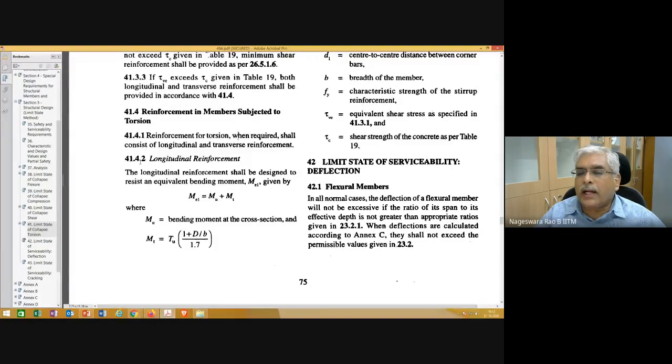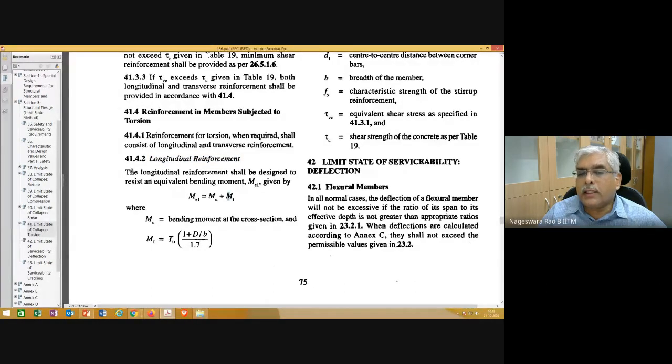And how to calculate longitudinal reinforcement? You already have your bending moment because of the transverse loads, and because of torsion, an additional contribution is going to come. For design purposes, the additional contribution is also calculated because of torsion. So that is what is given here.